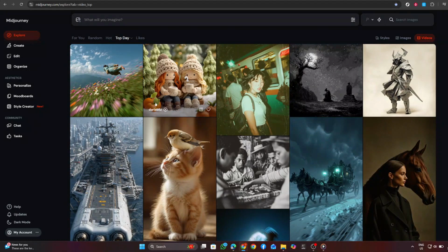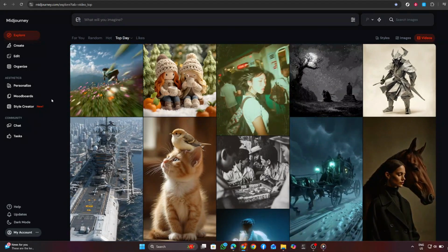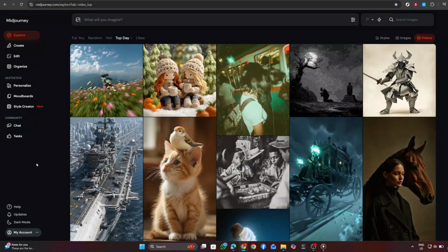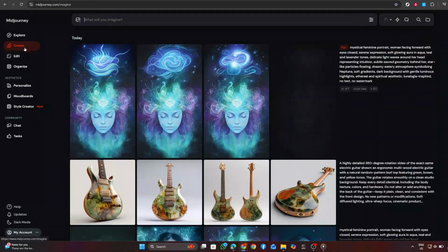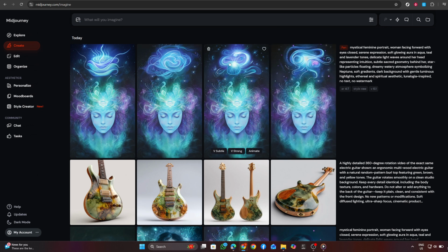Start by signing in to the Midjourney website using your usual login. Once you're in, look for the Create area. This is where you work with your generations and uploads, and it's the quickest route to your image grid. If you don't immediately see your images, give the page a second to load or refresh. Larger galleries can take a moment. Make sure you're on the web app in a desktop browser for the smoothest experience, since hover options and right-click